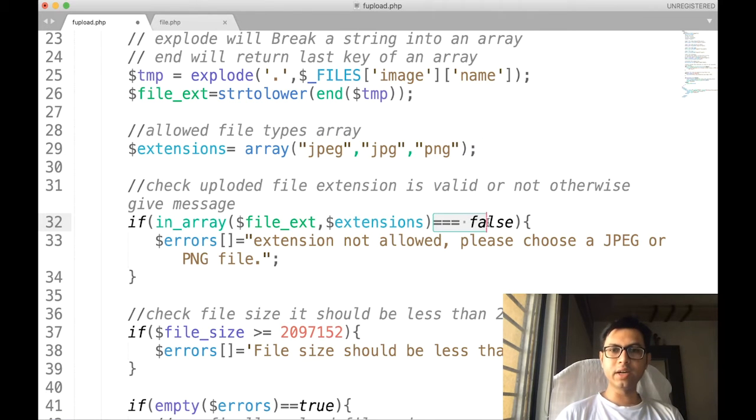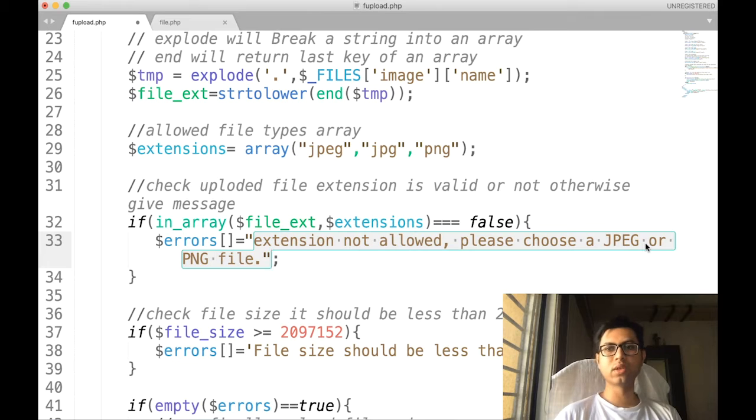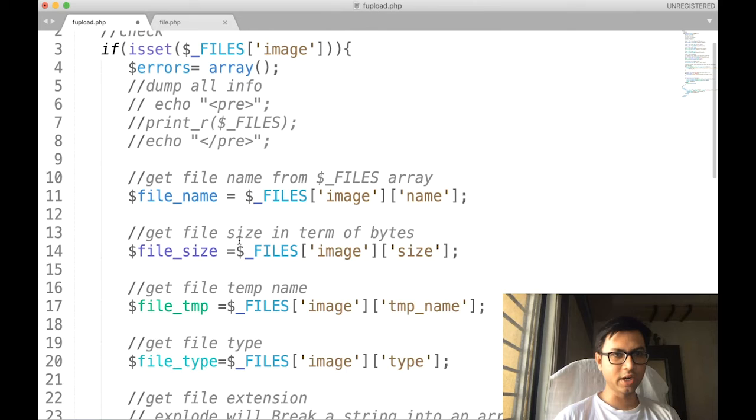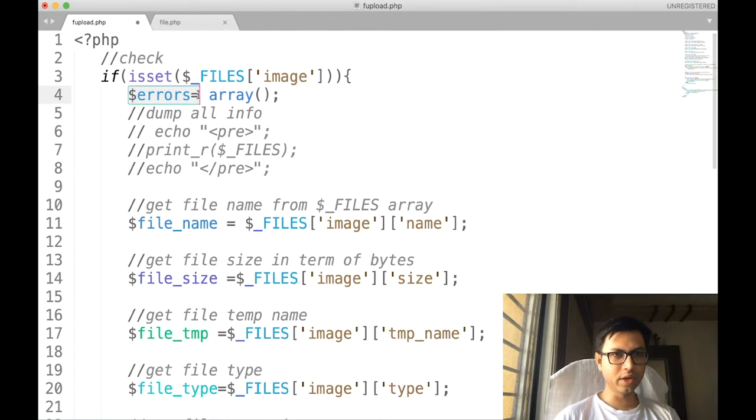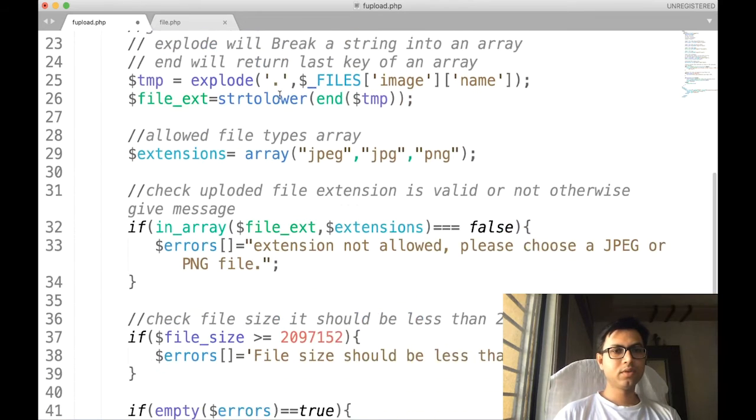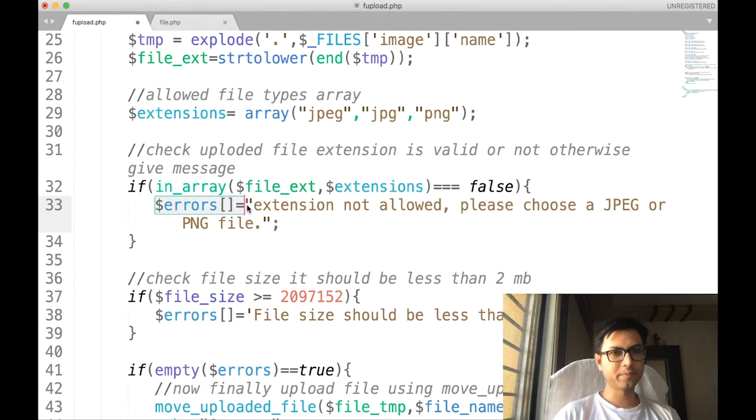If it returns false, then we generate an error that the extension is not allowed. Please choose a valid JPG or PNG file, and store this error inside this $error PHP variable that we declared in the very initial part of the PHP script. So the first error is saved over here.